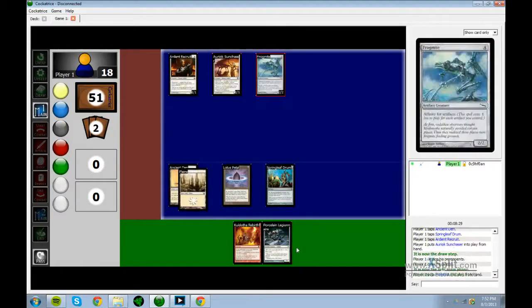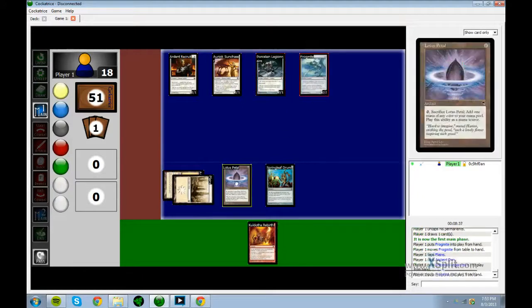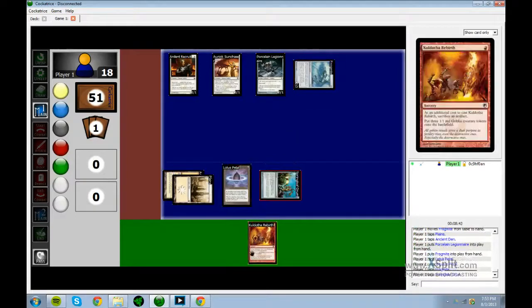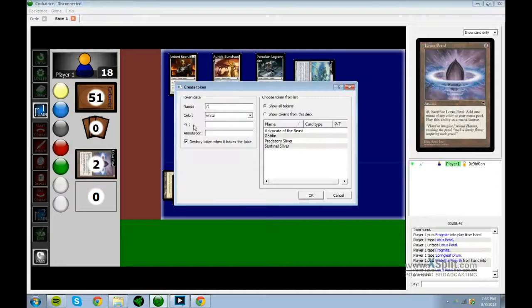Here we go. Frogmite. Does that come for free? 1, 2, 3. Oh no, it does not. Now Frogmite comes for free. Now we use the Frogmite mana off the Springleaf Drum to sacrifice Lotus Petal. Give you 3 goblins. It's turn 3 and you have...